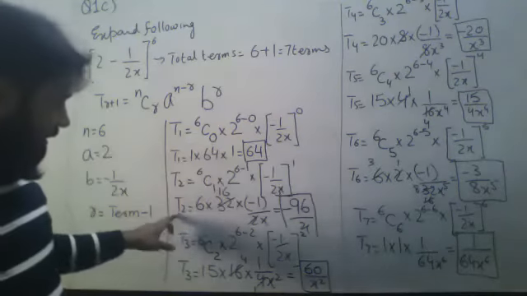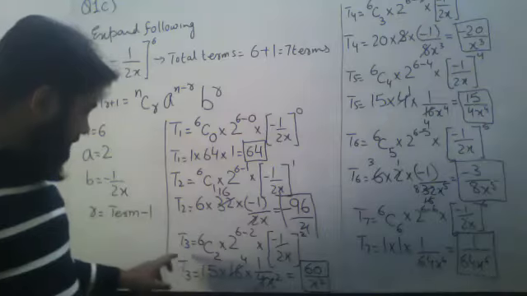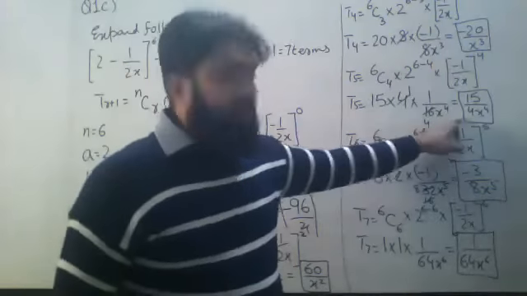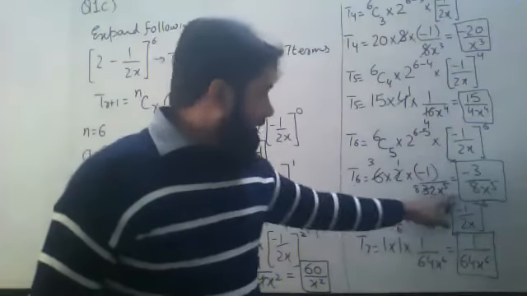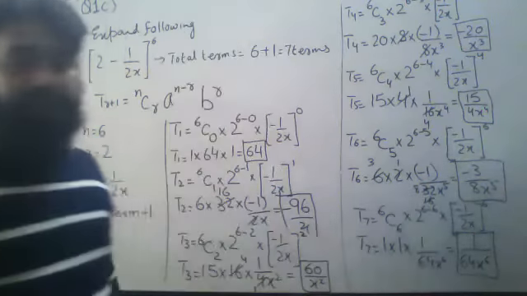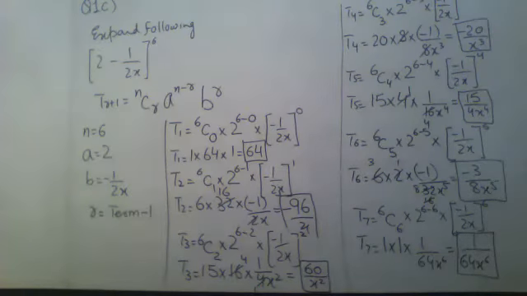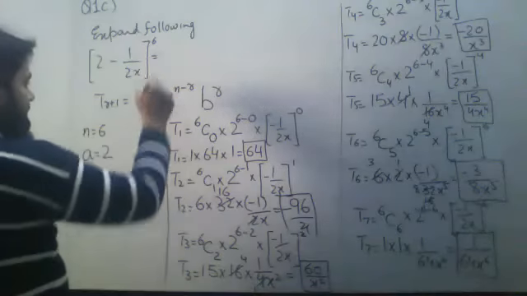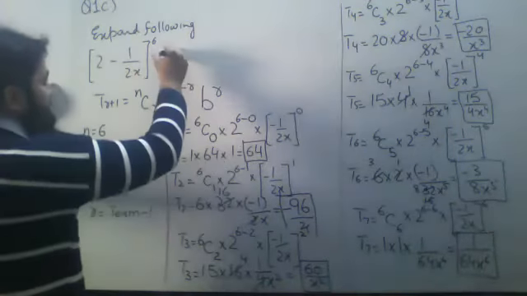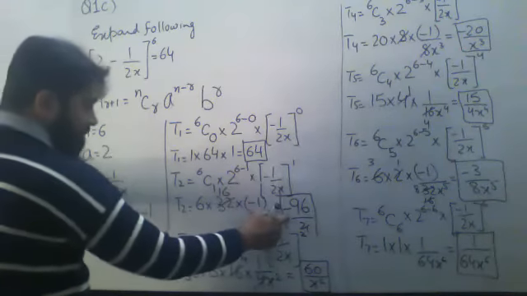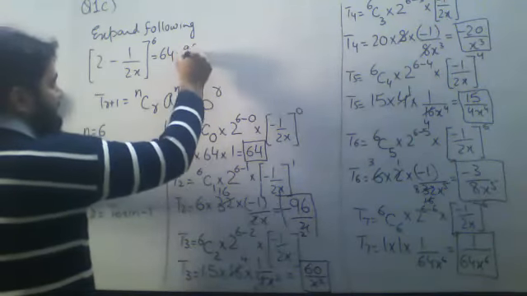T1, T2, T3, T4, T5, T6 and T7. All the terms are written separately. Now I am writing them together. So the expansion of this thing will be 64 minus 96 over